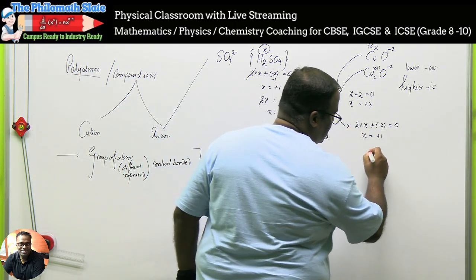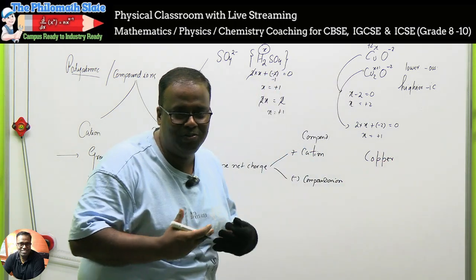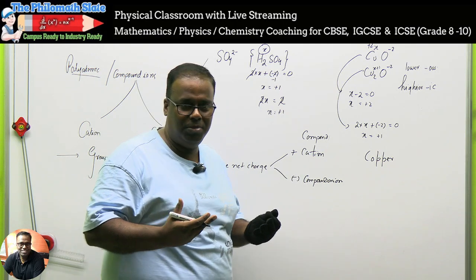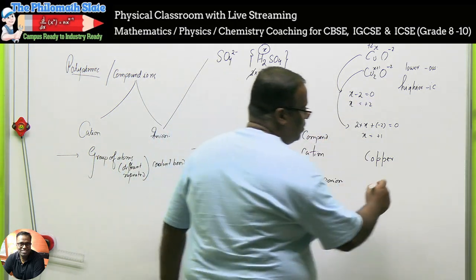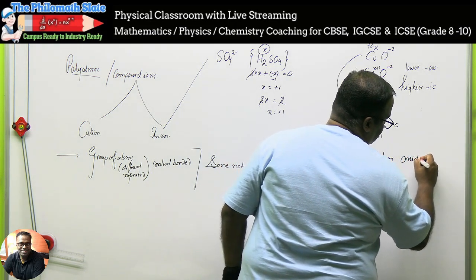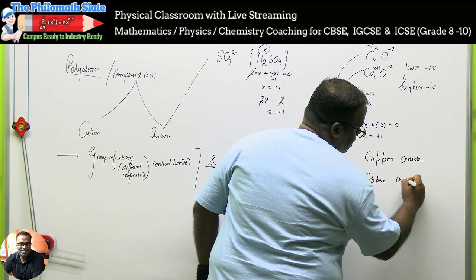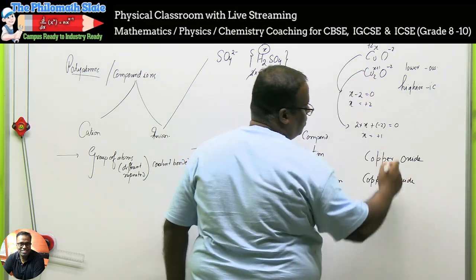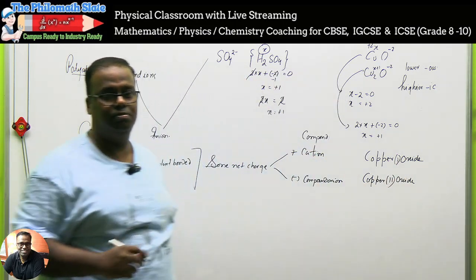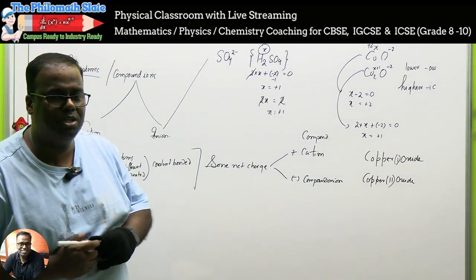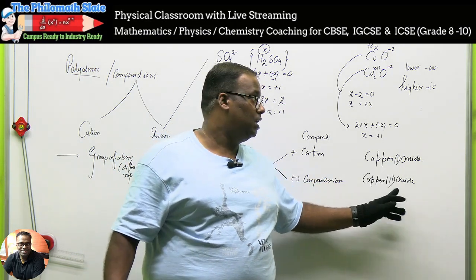IUPAC says, just write copper because the metal part we always name the atom, है ना? Sahasra, metal part. And with copper, who has come? Only oxygen. So it should end with oxide. Copper, what? Oxide. But in this case, we will write copper 1 oxide. In this case, we'll write copper 2 oxide. But if you want to love chemistry, I would say आप ये भी याद रखो, cuprous, cupric, एक हमेशा higher